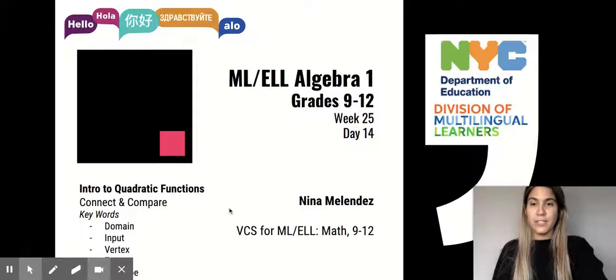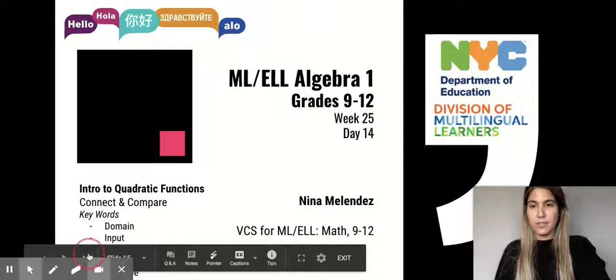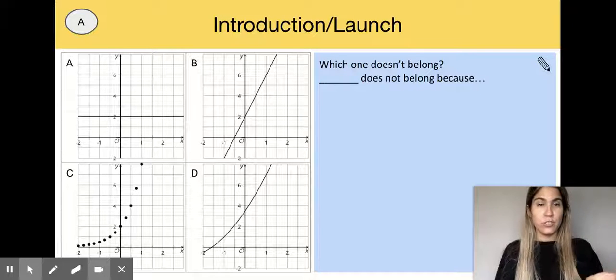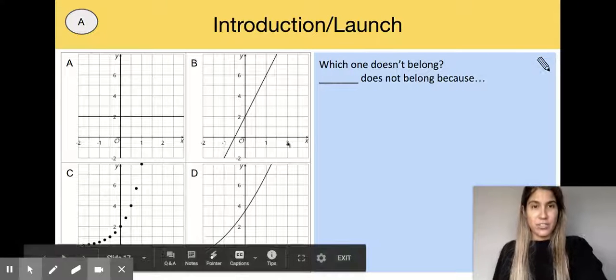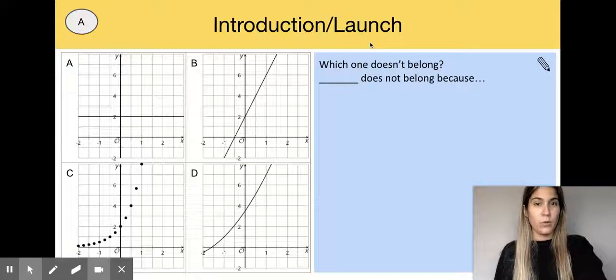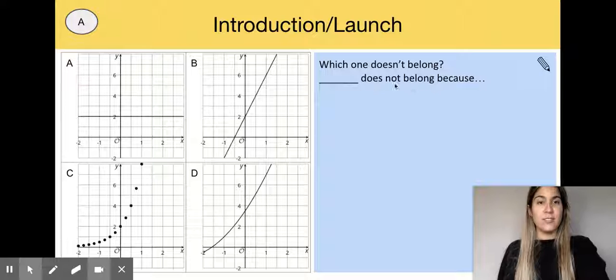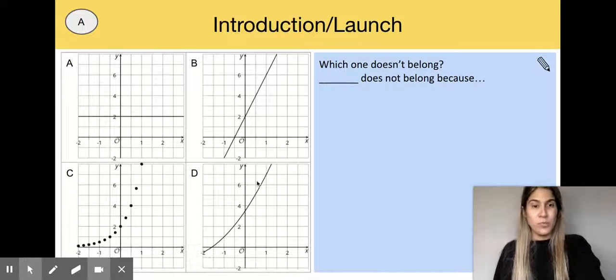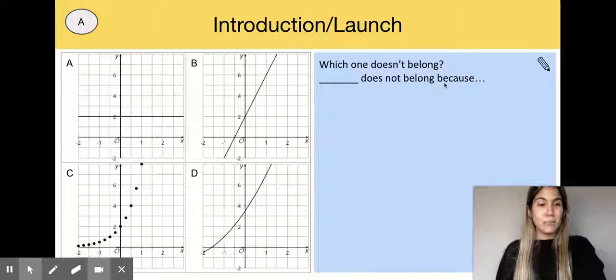So, first in your lesson, you are going to be asked to answer the introduction launch. Remember, in the introduction launch, you are analyzing an image. In this one, you're asked which one does not belong. And then it says blank does not belong because. So you're going to look at A, B, C, and D and determine which one doesn't belong and explain why